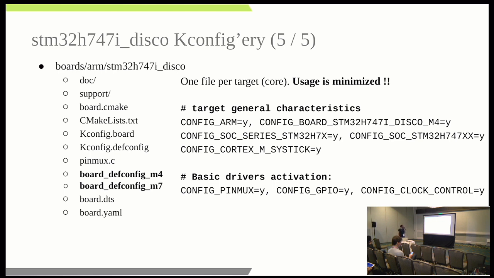And finally, we'll have a devconfig file per core, per target. We'll try to minimize its use because it could be a source of desynchronization. Since we have two files and we build two applications, if there is desynchronization between these files, we will not be able to see it. So we can have a misconfiguration if we enable too many things in these files.